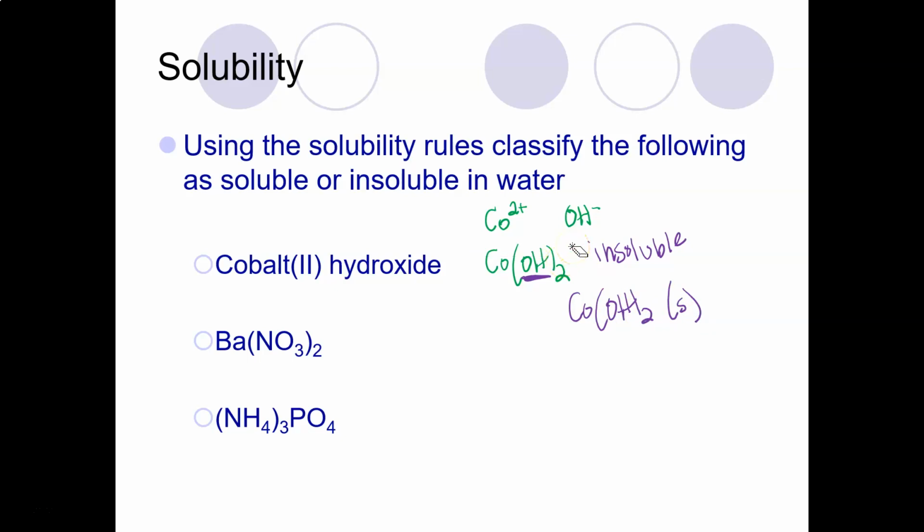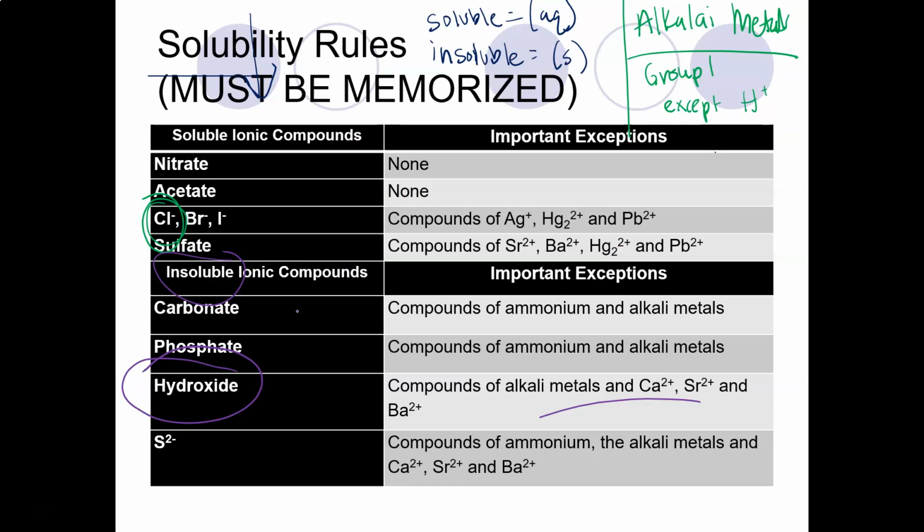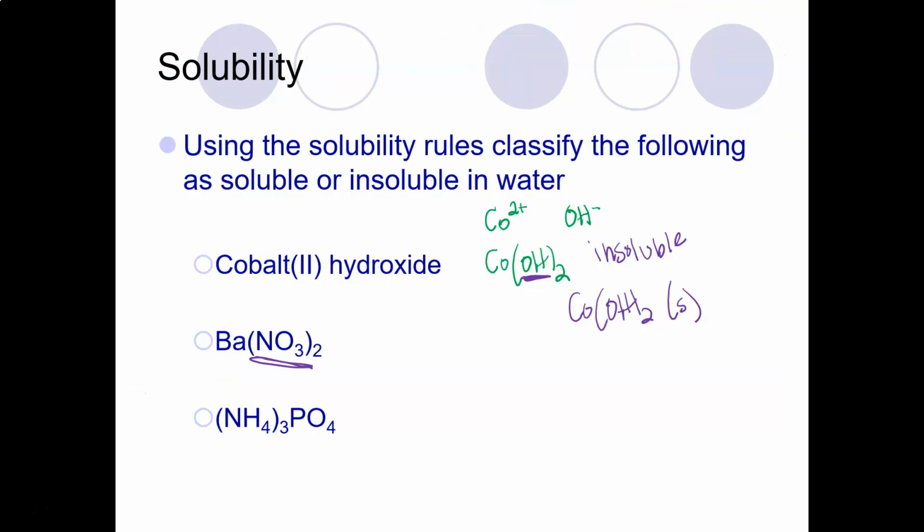Okay, so let's try it again. Let's go to the second one. Barium nitrate. So nitrate's the negative charge. So I'm going to go back to the other slide. I'm going to find nitrates. I'm going to erase all my things. So I find nitrate. Okay. Nitrate is under the soluble heading. So most nitrates are soluble. I go over to the exceptions. There are no exceptions. What that's telling me is all nitrates are soluble. I don't care what it's paired with. Everything that has a nitrate is soluble. So this is soluble, which means in a chemical reaction, it would say barium nitrate